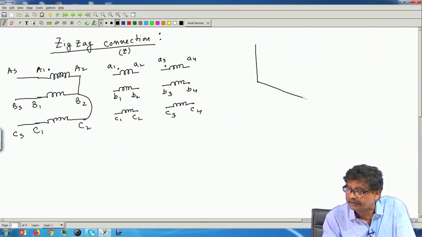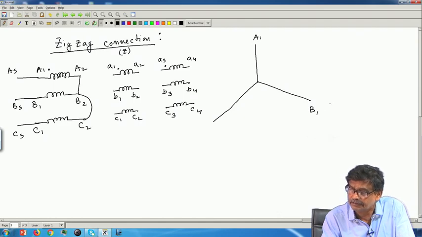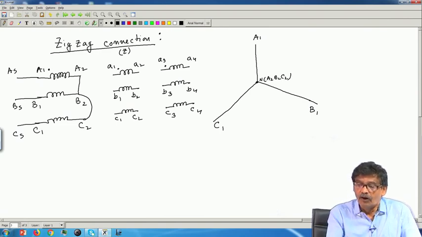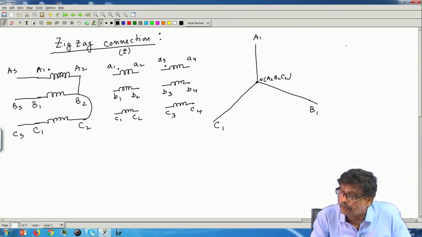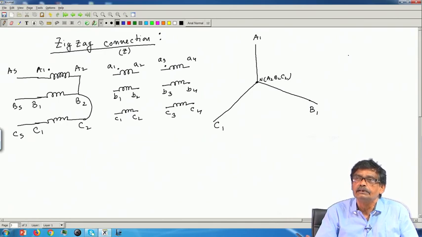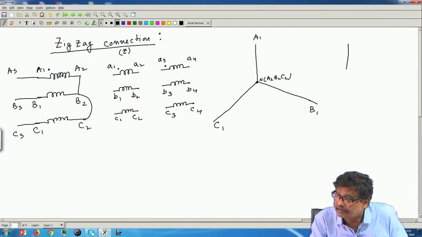and these are the primary phasors. And this is A1 which is same as AS. This is B1 same as BS and this is C1, lengths are equal, and this is your neutral A2 B2 C2. Now, on the secondary coils I have not connected anything, but I have now these voltages available to me to play with. What I mean by this is that I will then have on the secondary side these two voltages A1 A2 A3 A4.